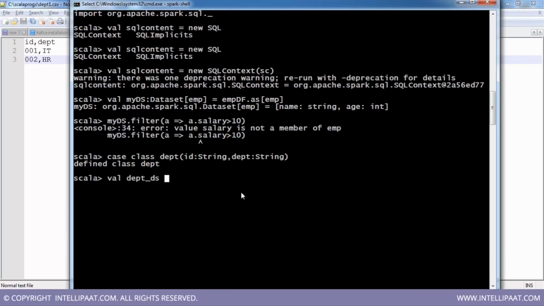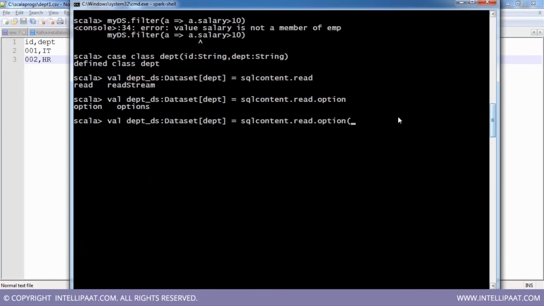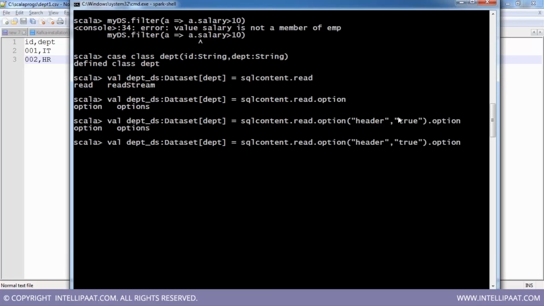and then I can say its type is data set and the schema is department. Yeah, and then we use the SQL context which I created. What was my SQL context? Okay, it's sqlContext. You may recall this we did when we were doing the Spark SQL part when we were trying to load a CSV file, right? So we do have a header here. So header is true. Then the other option would be option. What is the delimiter here? My delimiter is comma. So I can say delimiter